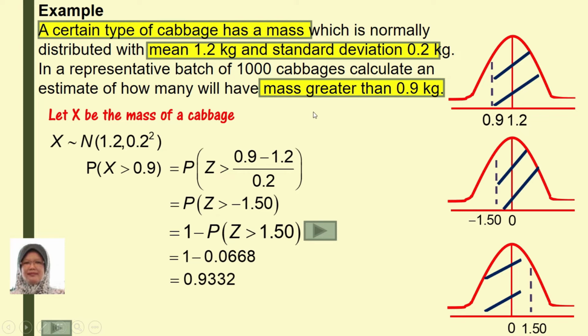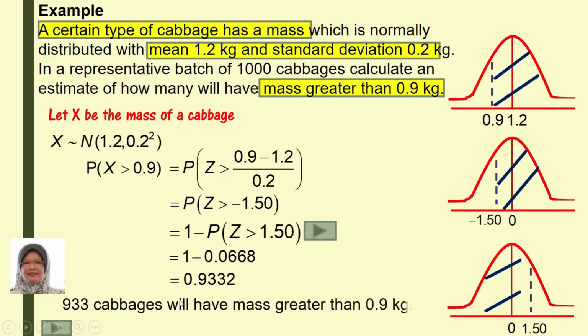But the question asks to calculate an estimate of how many will have mass greater than 0.9, so we multiply 0.9332 by 1000. So the answer is 933 cabbages will have mass greater than